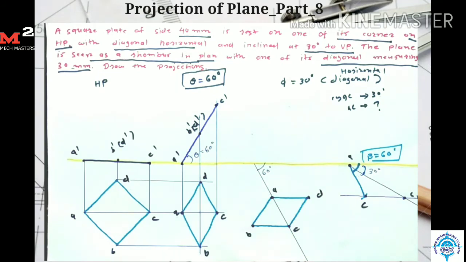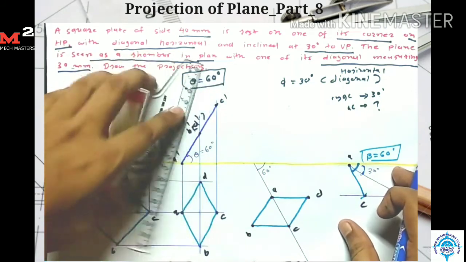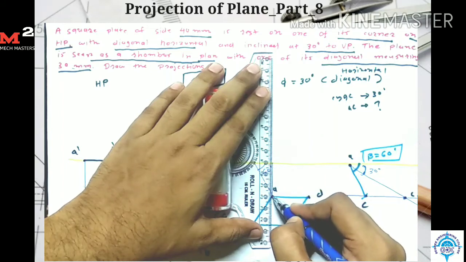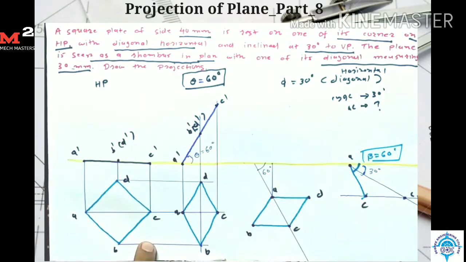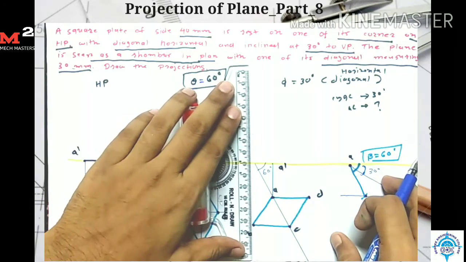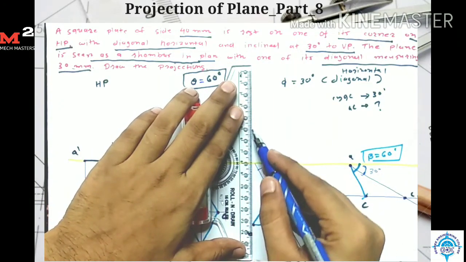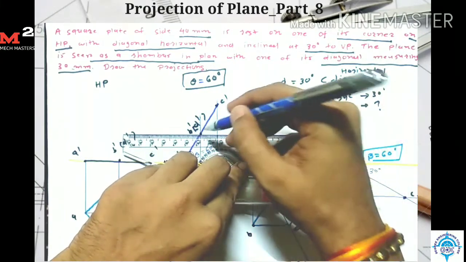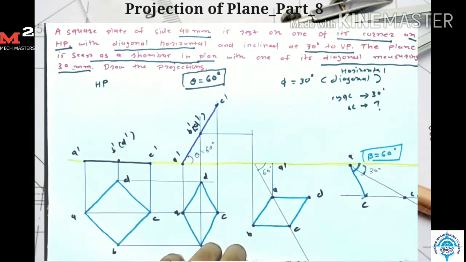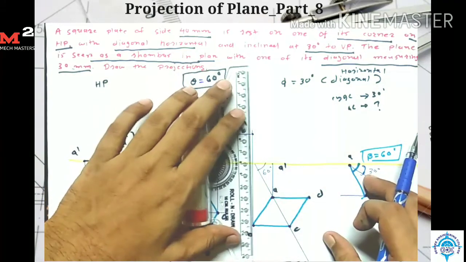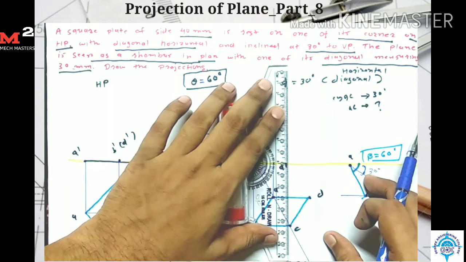Now for getting the front view, I simply take the projection. I start from point A. For point A, I take the projection from here and from here. So here I get my point A dash. Now for point B, I take the projection from here and from here. So here I get my point B dash. Now for point C dash, I take the projection from here